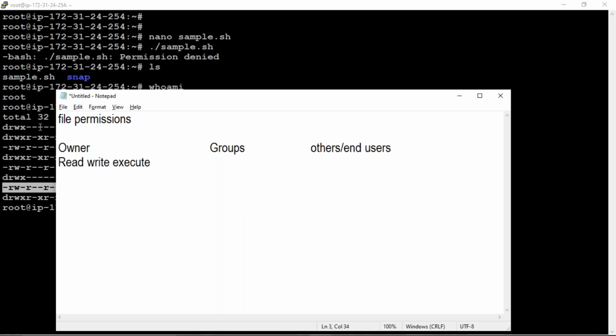For the owner, it has read, write, execute permissions. For group as well, it has read, write, execute permissions, and for end users as well.